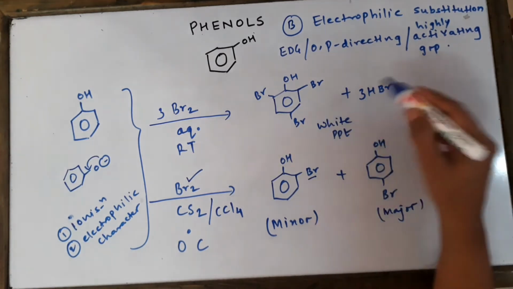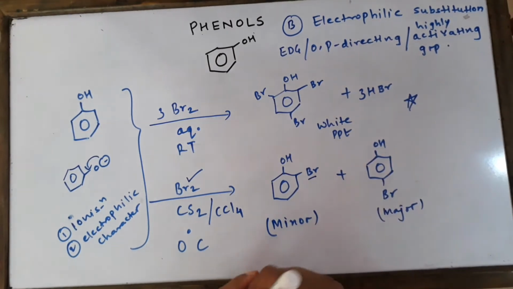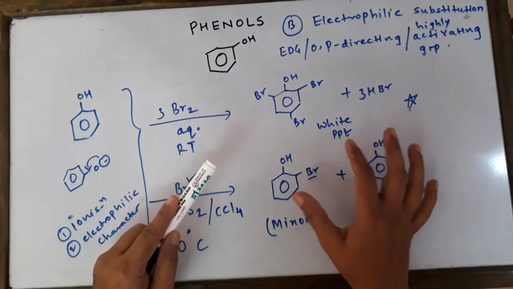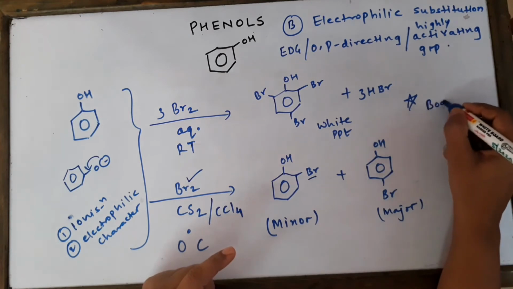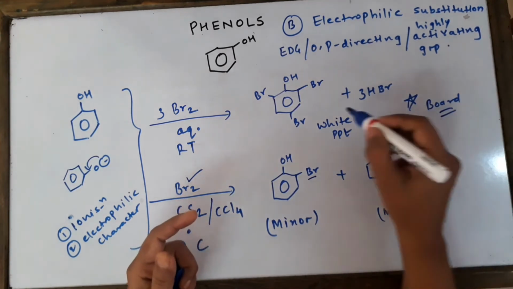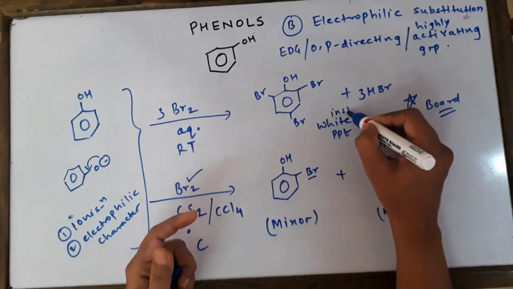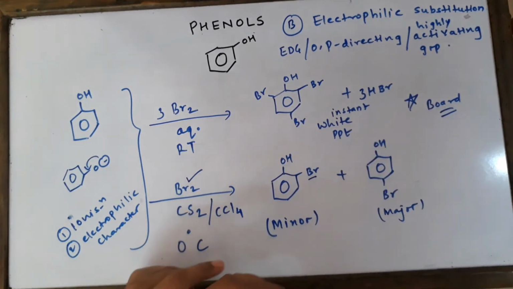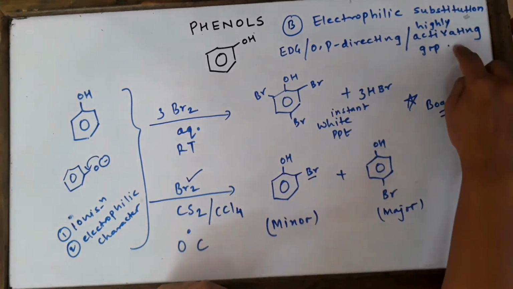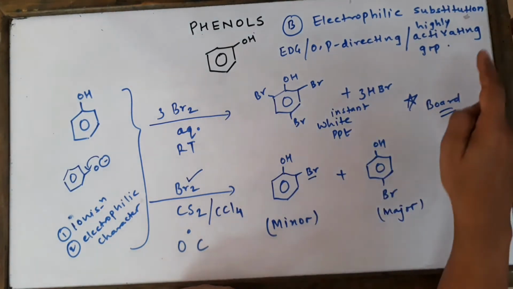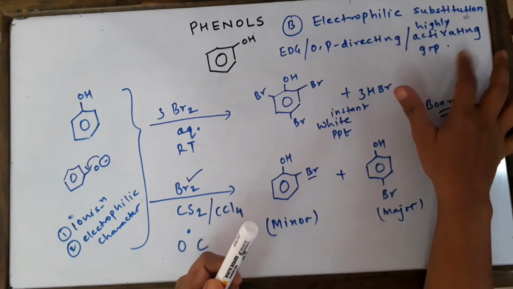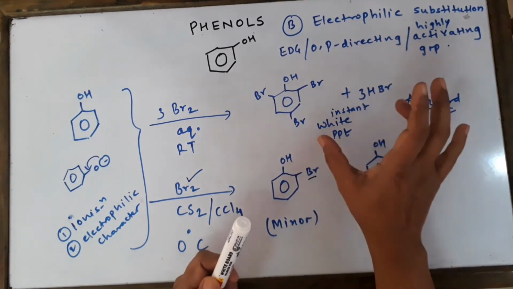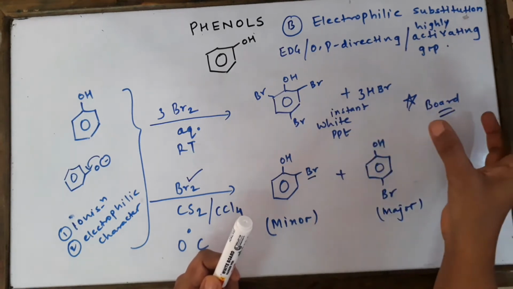Okay, this reaction is a distinguishing test of phenol, as we discussed in a previous video also, that phenol when reacted with bromine water gives you an instant white PPT. Now this question has been asked in the board exams also before, that why do we get an instant white PPT? Instant means immediately, okay, without any time lag. So the reason for getting an instant answer is this. Okay, you're going to use these words in the exam. Phenol is a highly activated benzene ring, and therefore we will get instant PPT without any time lag.